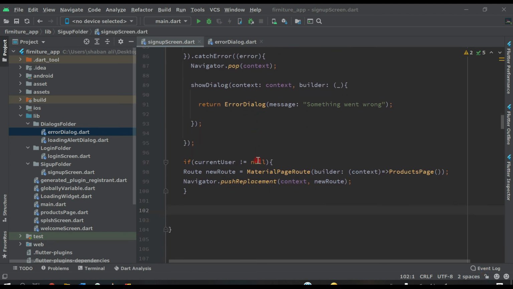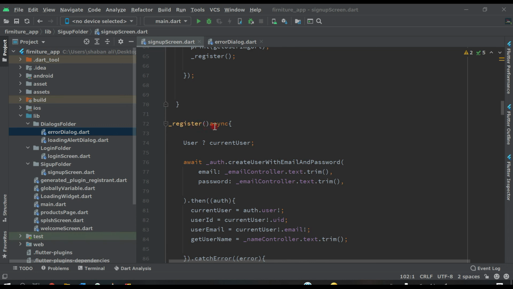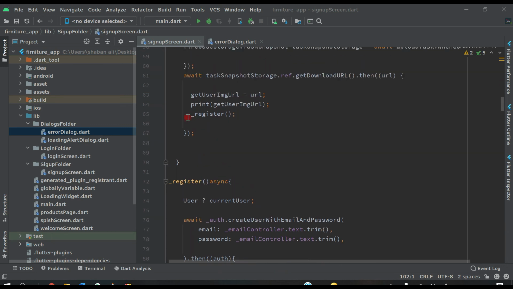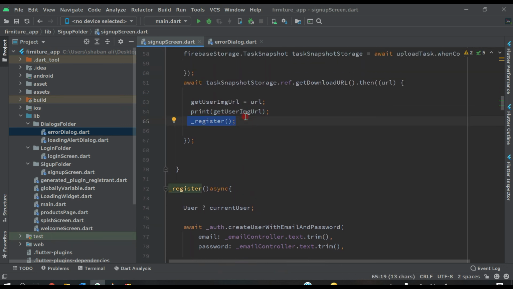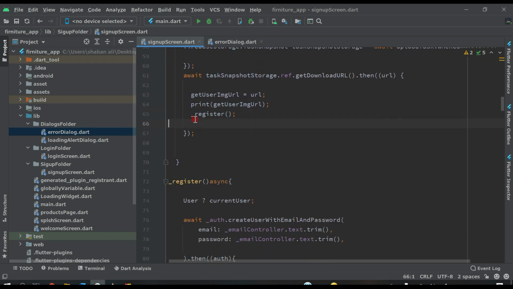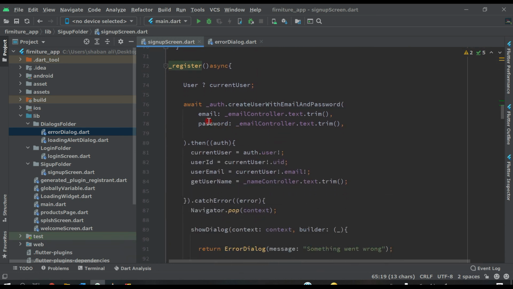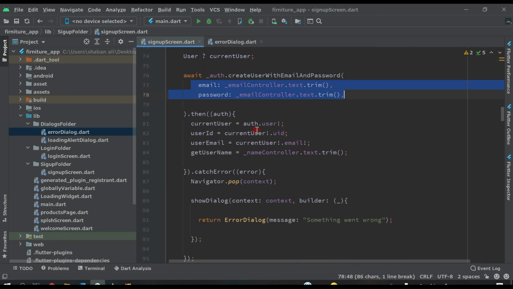So we have written all these things inside our register function. As you can see, this is our register function, and it is called here. If the profile image is uploaded successfully, we are going to authenticate the user here by email and password, which is this one. And with the current user we get the user ID, user email and name.